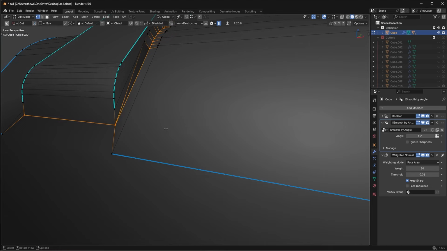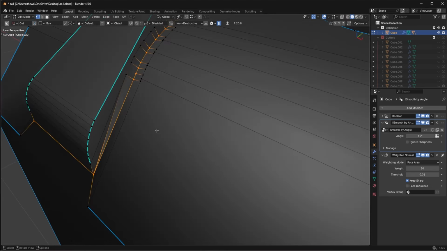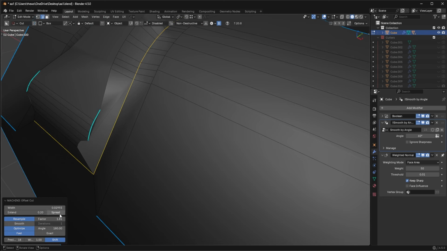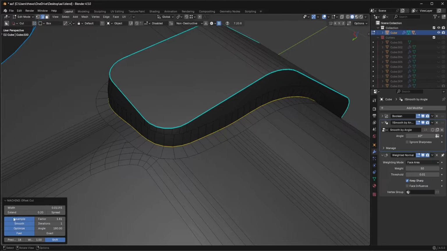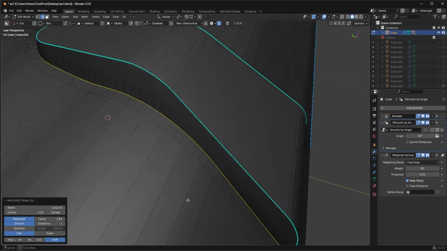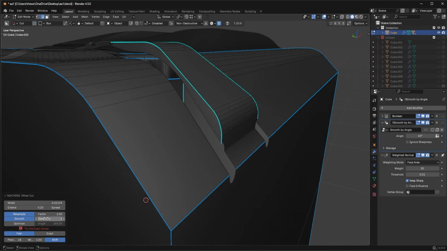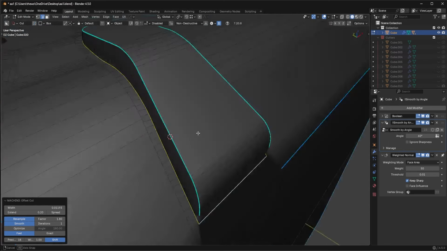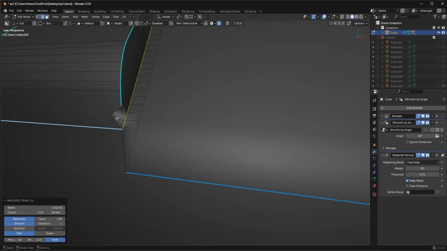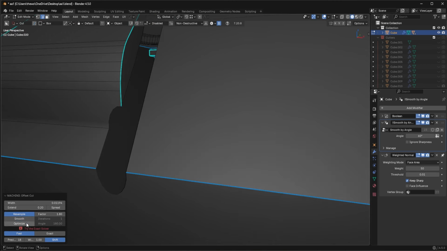Now you can see this is quite a mess right here. So what I'm first going to do is just get this positioned right where I want it. We also can try using the exact solver or using the smooth iteration. Sometimes if you just turn smooth on, it really does a better job. So just turn that on, and the factor we can set to 2, maybe 1.8. That should work. And then here for this area, this is a bit of a mess, so what I might need to do is just mess with these settings until